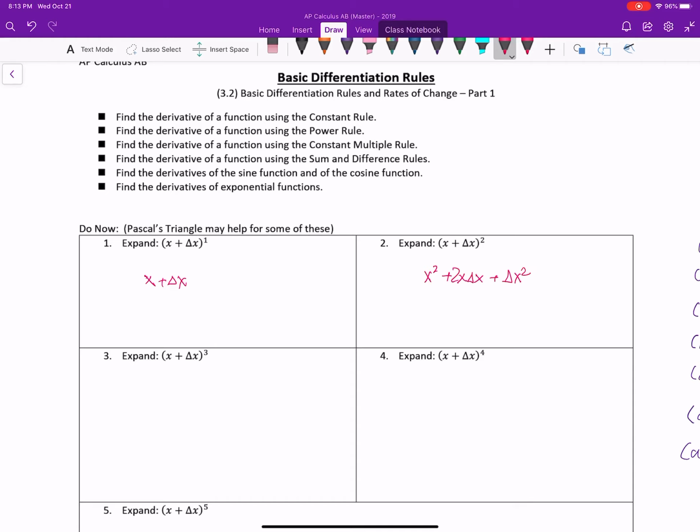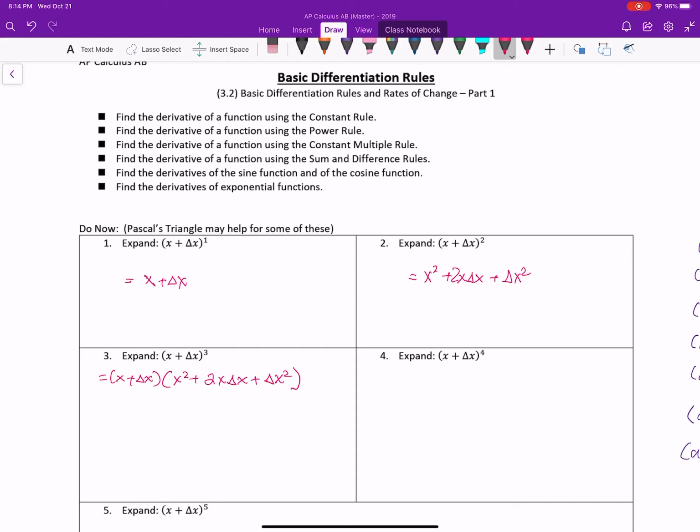squared. And then to find out x plus delta x cubed, you take the answer you got, number 2, and just multiply by, so here these all have equal signs, by the way, x plus delta x times x squared plus 2x delta x plus delta x squared. And then I'm going to multiply those out. There's a couple ways you could do that. One quick way is it's